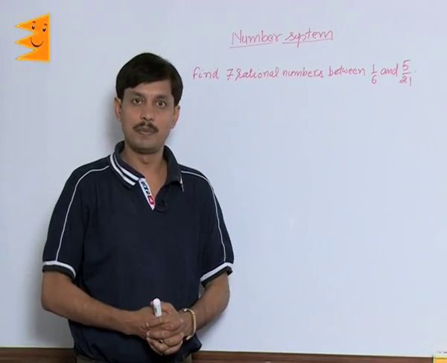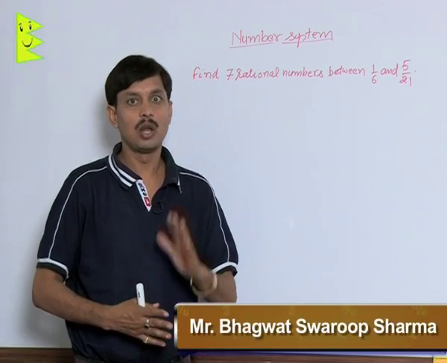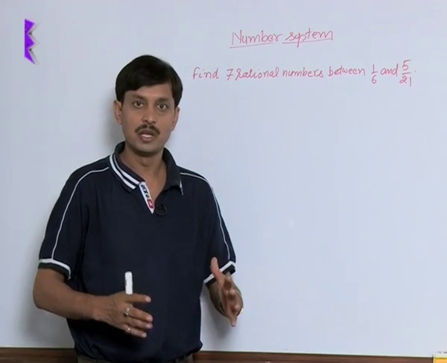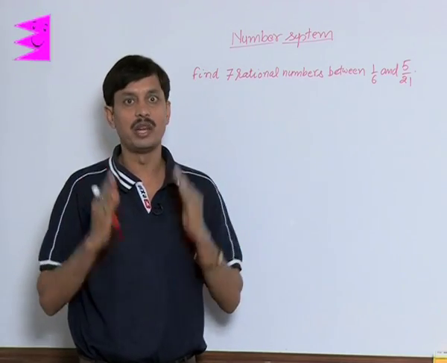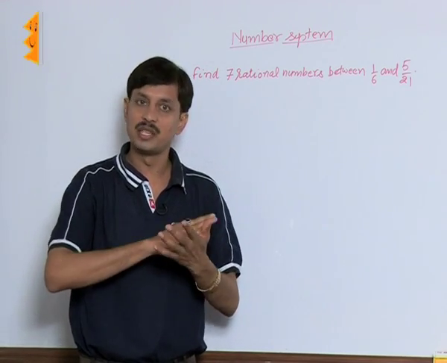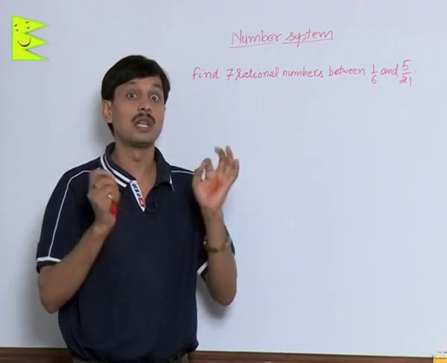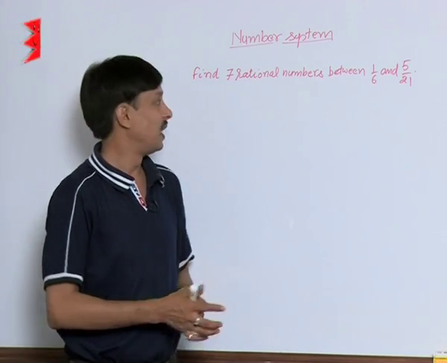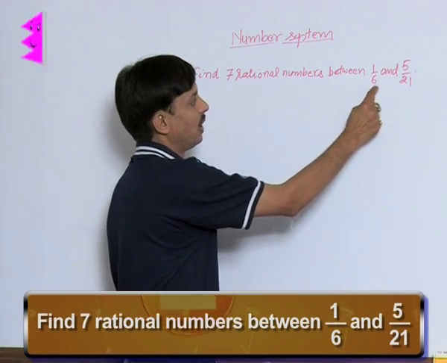Now I am taking an example after discussing a lot about the number system, all about rational, irrational, terminating, non-terminating, natural, whole number, integer. The question is how to insert a few rationals and a few irrationals between two given numbers. As we know, if there is a number line, every point of the number line stands for some rationals and some irrationals. Now the question is how to insert, that is, find 7 rational numbers between 1 by 6